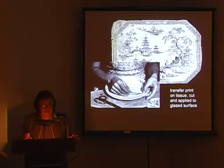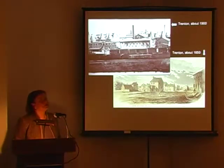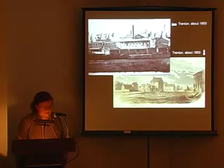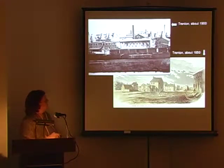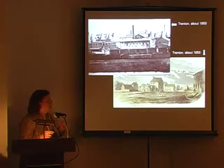And I'm going to give you a little background on this and hope that you understand what an amazing achievement this was for this town that people don't even think very much of today, except the citizens of New Jersey, because it is the state capital. This is a little quiet Trenton of the 1830s and 40s. Nothing much there to recommend it as the center of anything, except that it was a